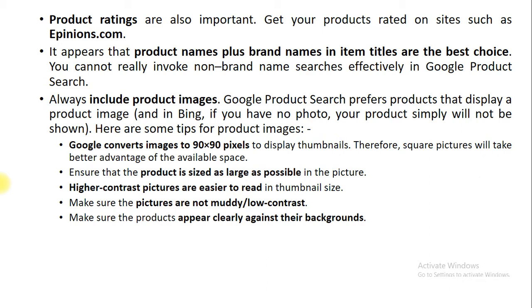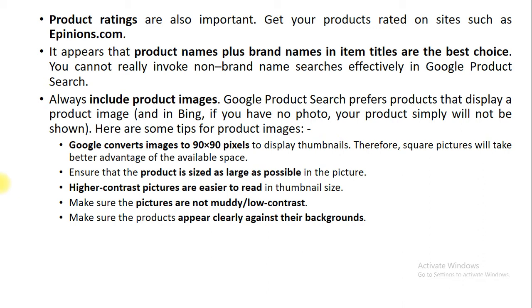So you need to take a picture of your product with the size as large as possible, so that from the image alone the customer can get an idea of the product. Next, higher contrast pictures are easier to read in thumbnail size. So make the contrast level very high so that we can easily read the thumbnail from the available picture.